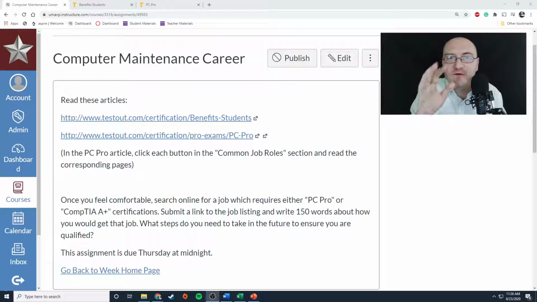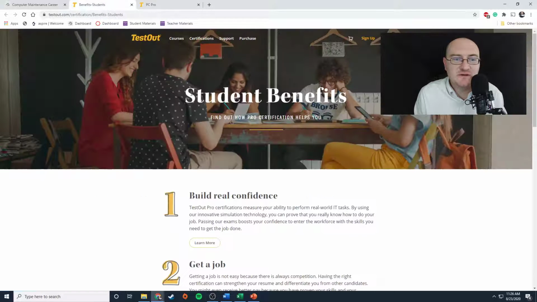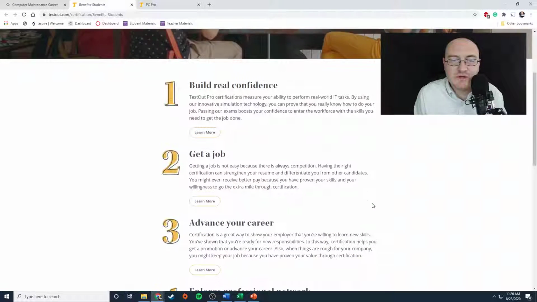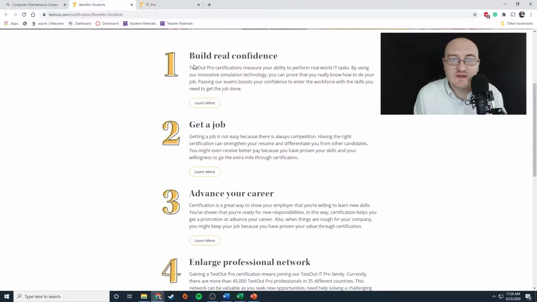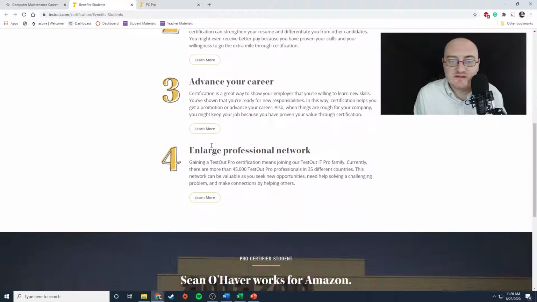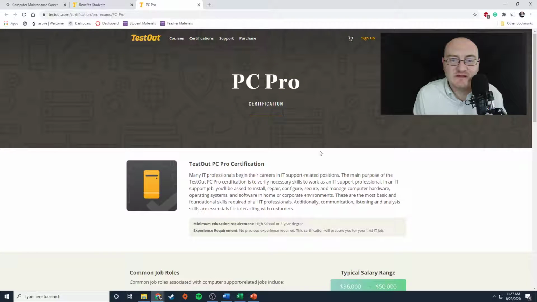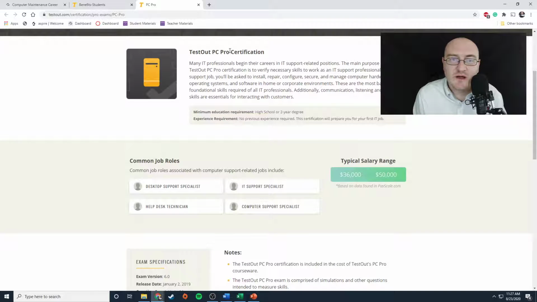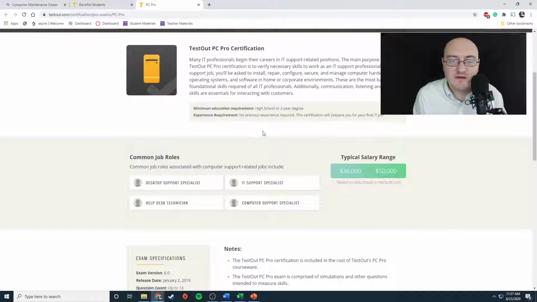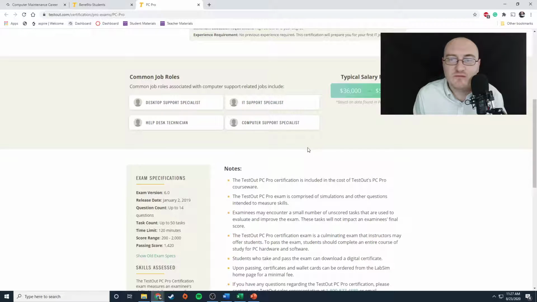So the first thing you're going to want to do is read these two articles that I've linked here to you. So there's this student benefits article, which will show you some benefits for getting this certification. You may want to read through this, and this will be a good place to start your research. And then the next article I have linked there is the link to the PC Pro certification explainer page, and this is going to go over IT professionals and the kind of jobs you should be looking for in this